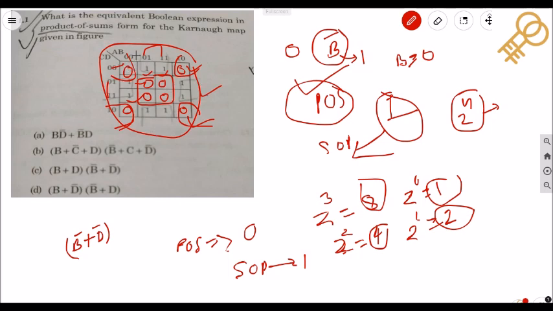For this I'm considering the column: 0 0 and 1 0, 0 0 and 1 and 0. This will nullify, so the remaining is 0 0, and 0 is for B, so definitely it will be B only, no need to take the complement because we want a 0 only, right? So we'll take B